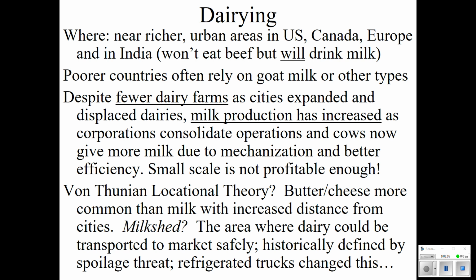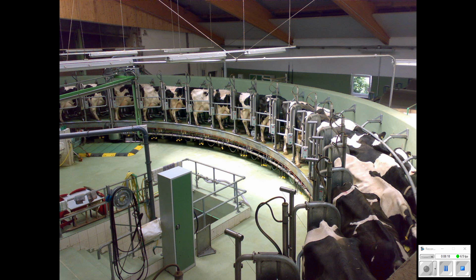In the United States, of course, one state really dominates when you think about cheese, and that's the fans that wear cheese on their heads to the Packers games in Green Bay. But dairying is a big deal. And as I said, fewer dairy farms, but more mechanization, more technology. This is a typical milking parlor in the modern day. And notice you don't really see a whole lot of humans here. There's nobody sitting on a wooden stool milking the cow by hand into a metal pail. This is very typical of the modern dairy in the United States. And like I said, fewer dairy farms, but more milk production than ever before.